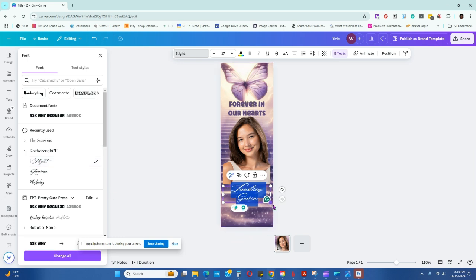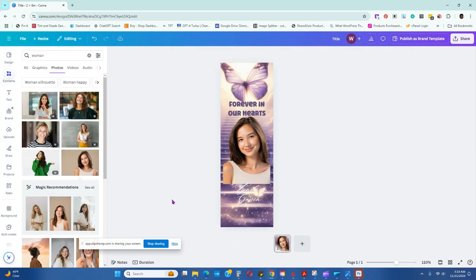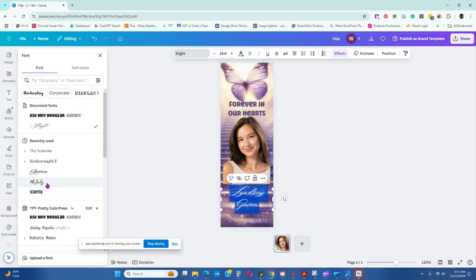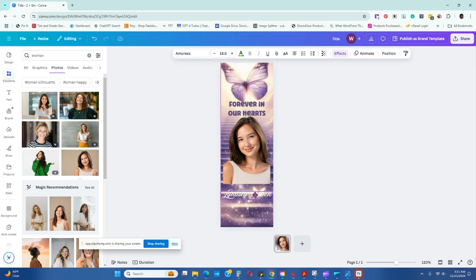I'm just giving you an example of the ways that you can use it. Bump up my line spacing. Change that to something that's a little bit more readable there. Then I'm going to look for